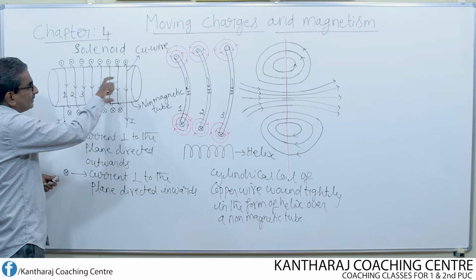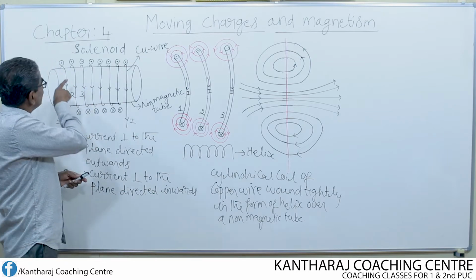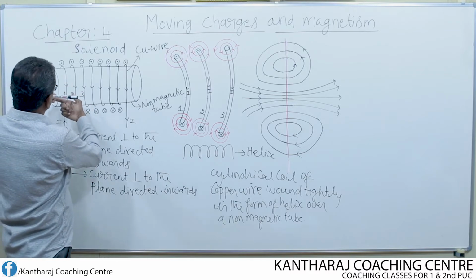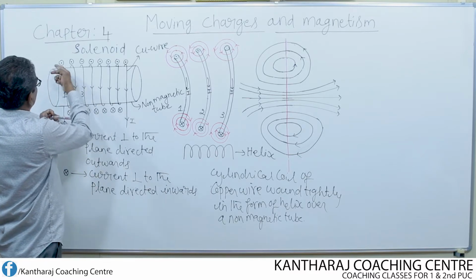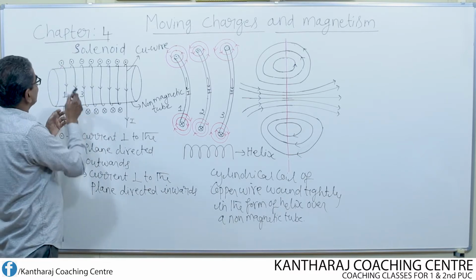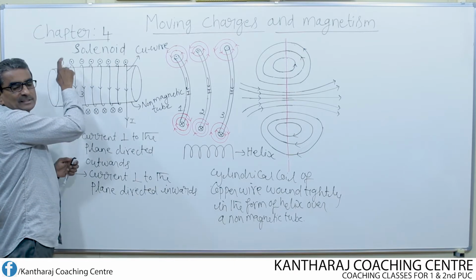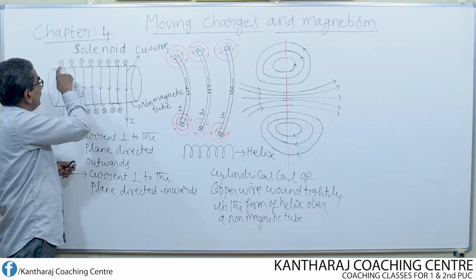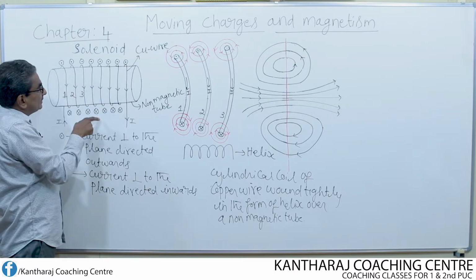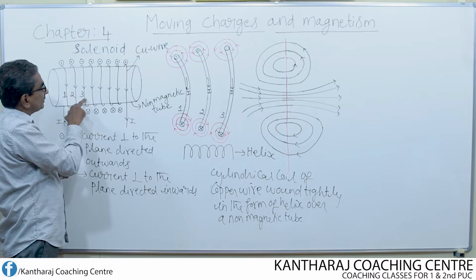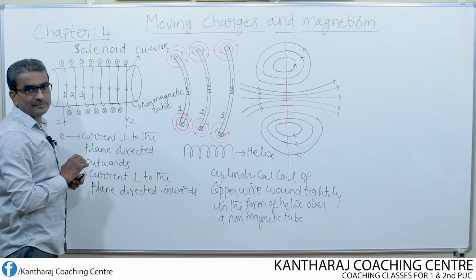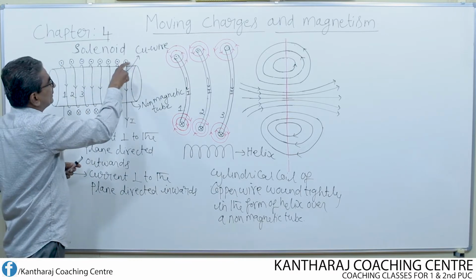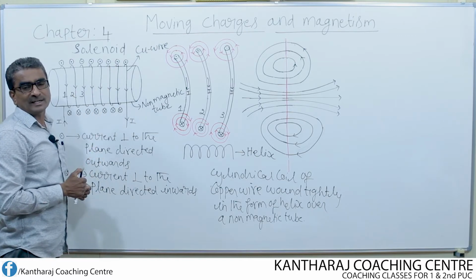Now here, according to this diagram, we can see the current flowing. That means current is coming from the back. So from the back it is coming out like this. So what does this symbol represent? This symbol represents the current flowing through each turn. So this is turn 1, turn 2, turn 3, like this too many turns will be there. Okay. So current flowing through each turn is represented by means of this simple diagram.